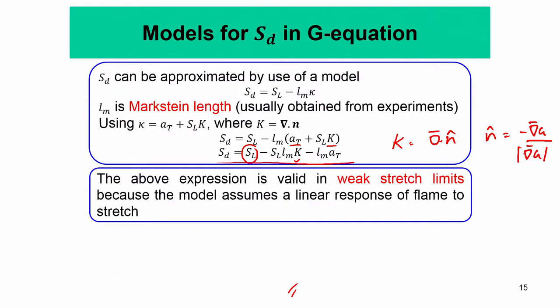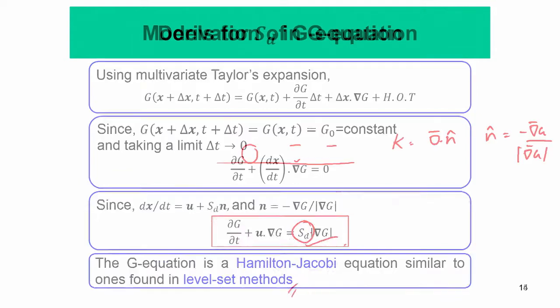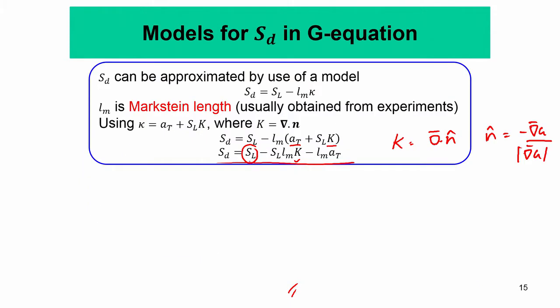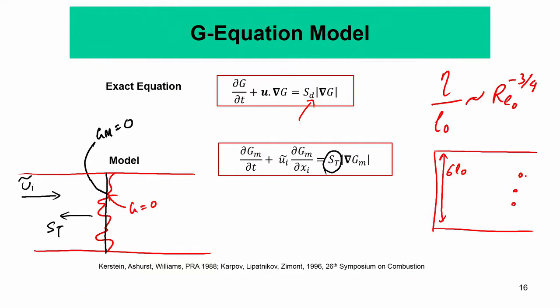equation. And once again we need to put some inputs into the G equation, which came from our previous models, where S_D can be the local input into the G equation, that is, this needs to be input as a model. We showed that it depends, to leading order, on the planar laminar flame speed, and then of course on the curvature and the tangential strain rate. Of course this was in the weak stretch limit, and then we went into a model for the turbulent